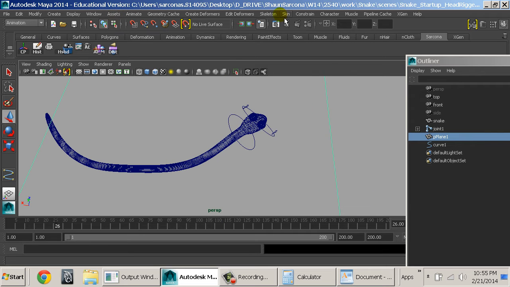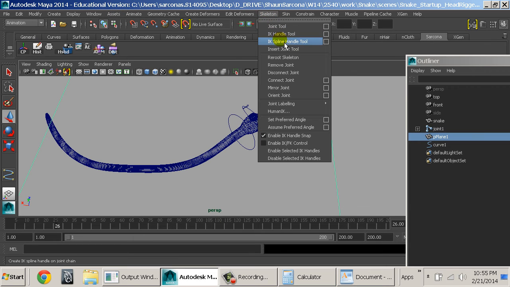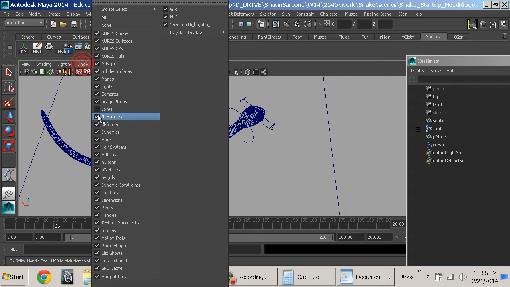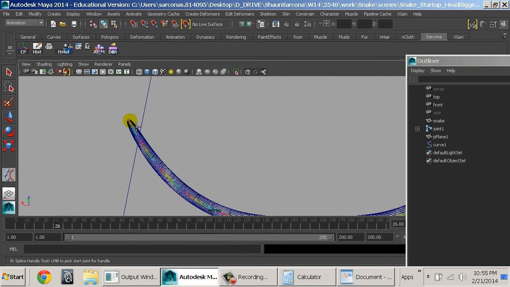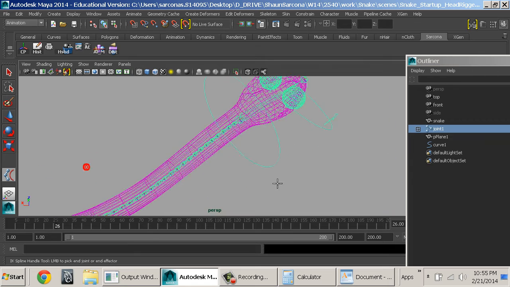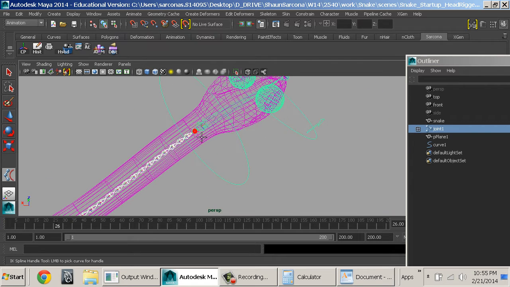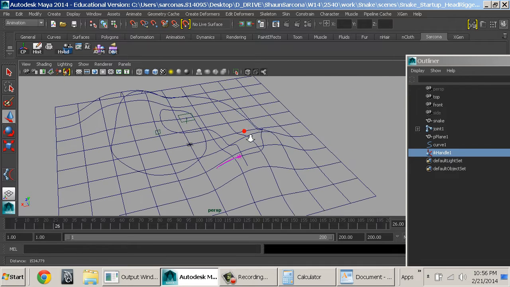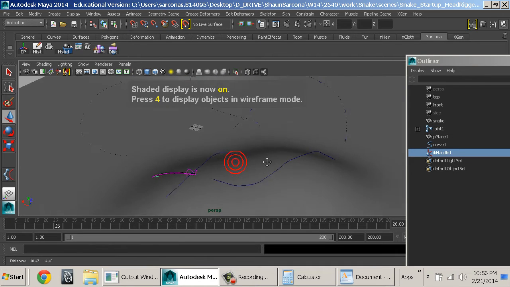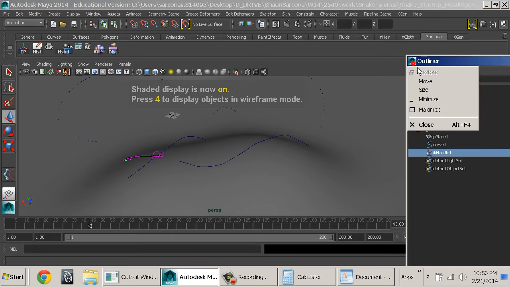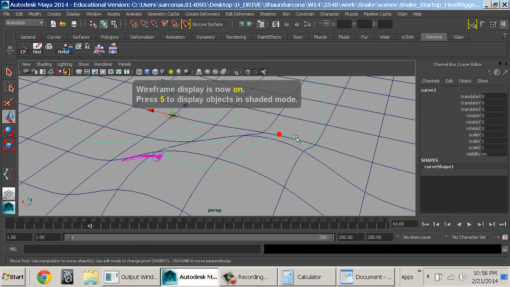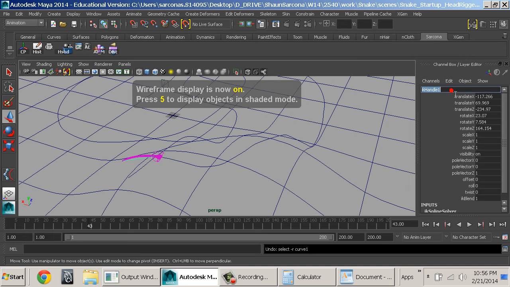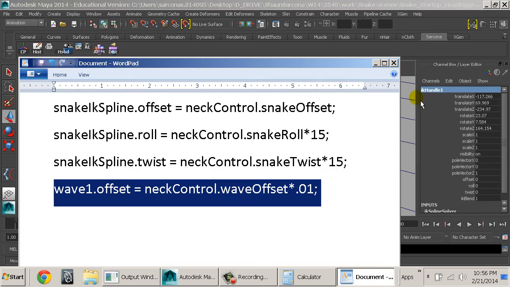If I were to go through my IK spline now, let me turn my joints back on so I can see them. Click the same joint, the back joint, the one right before the neck, and then I use my new curve. Okay, he's not going to move. I hit play, nothing happens. But if I take my IK spline and I rename it to the exact same thing, which was Snake IK spline,